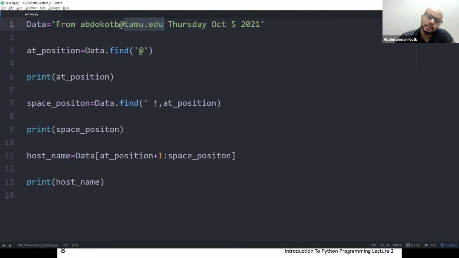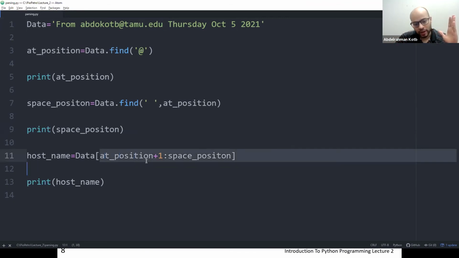So I'm saying find the space after the @ position. What is the @ position? It's this @. It's going to start looking from here: no space, no space, no space, and so on, and then it finds the space. Then it prints this for me. The host name is whatever is between the @ position and the space position.